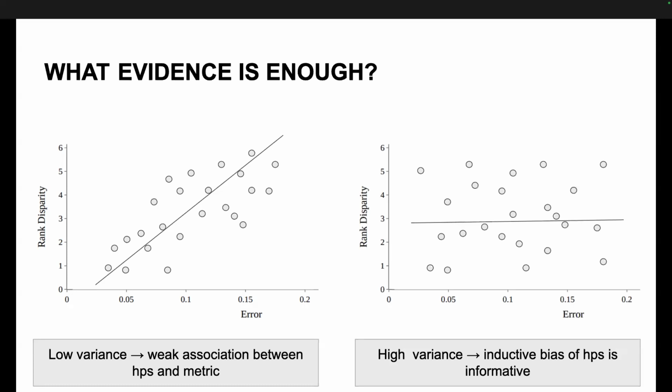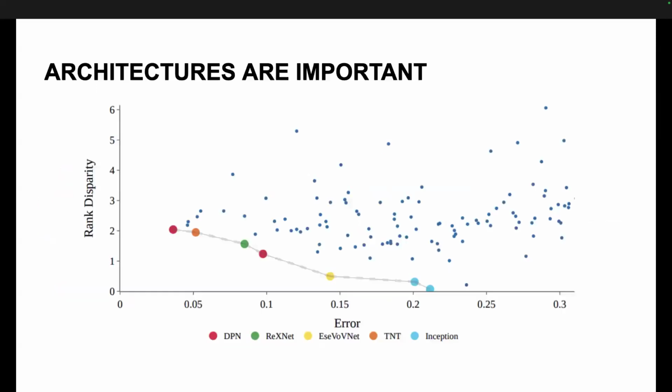But if we were to see data that looked like this, this is all hypothetical, then there's this high variance across a bunch of different errors. You could then say that there's some inductive bias to these hyperparameters and architectures that maybe we're able to exploit and use some AutoML techniques to find more fair and more accurate architectures. And this paradigm that we see on the right is actually what we found in our results.